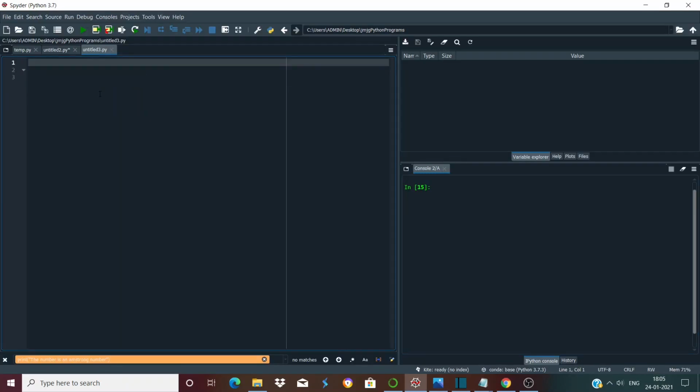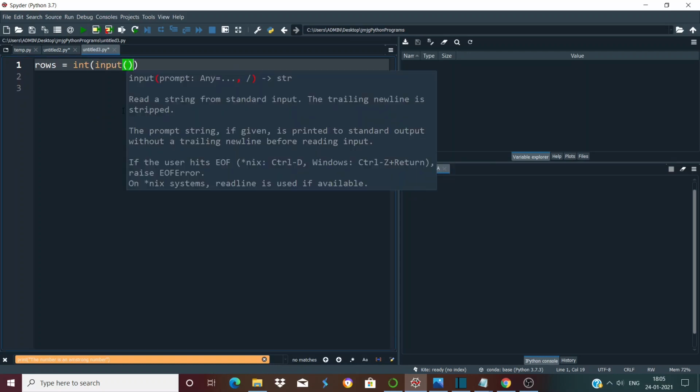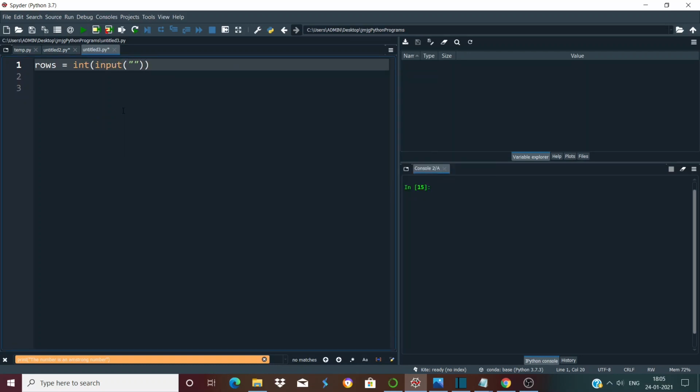First of all, we have to ask the user for the number of rows. So let's take a variable rows, and here we will store the number of rows input by the user. Inside the input function, we'll give the user the message how many rows.